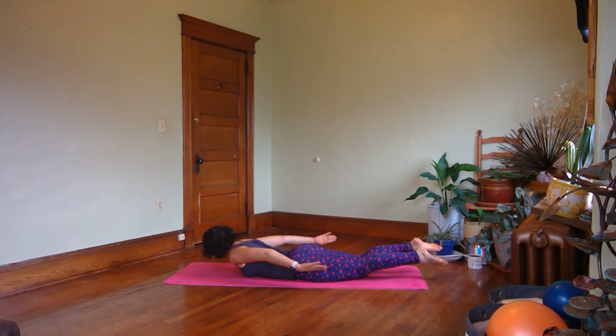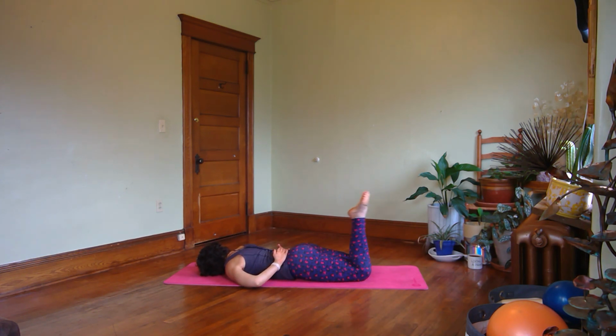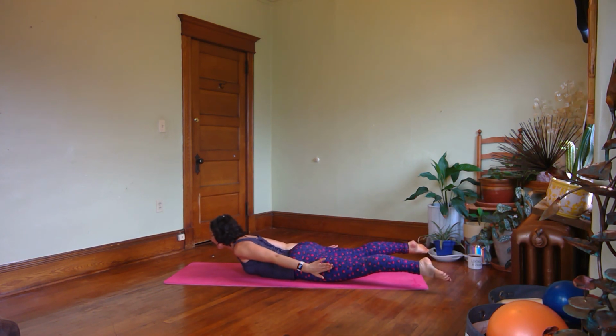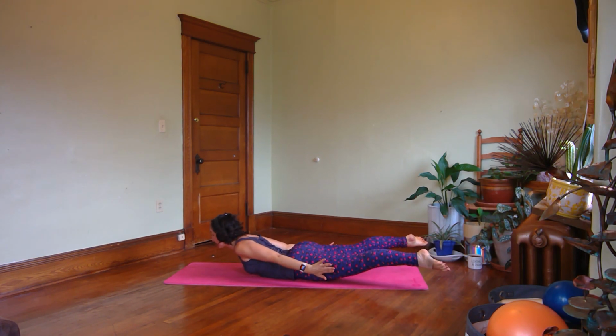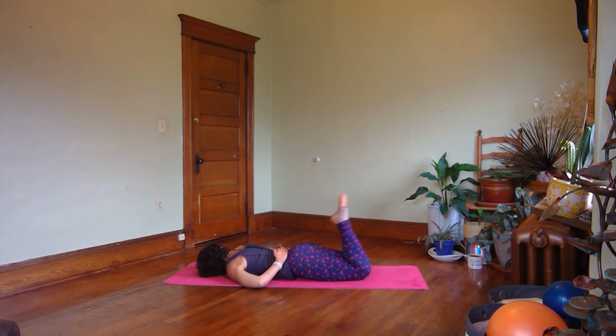Lift your chest, turn your head to the other side, pulse it in for 3, 2, 1. Inhale, lift from your heart, turn your palms in to face your hips. Come on back down, exhale, 3 and 2. And 1. Inhale, turn through the center, reach your fingertips toward your toes, bring it back in for 3 and